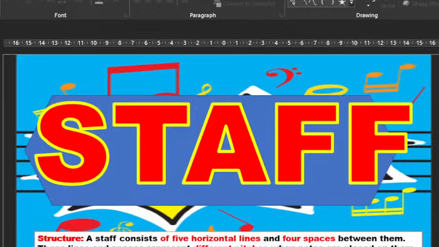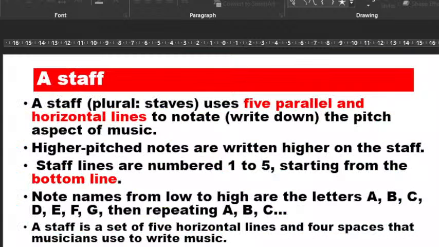So welcome to my lesson. Today we look at the staff in music. So today is music in grade 7. A staff uses 5 parallel, horizontal lines on which the pitch aspect of music is written. So these are all about the music